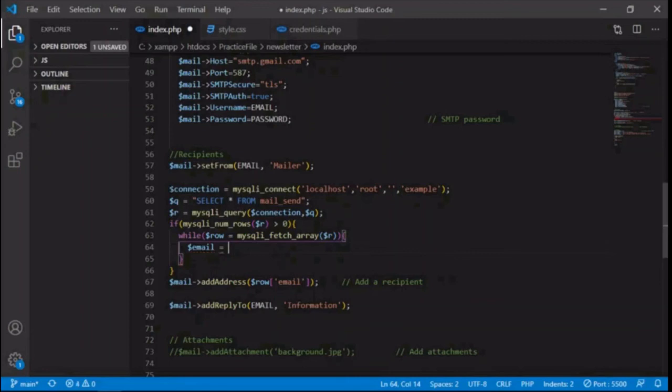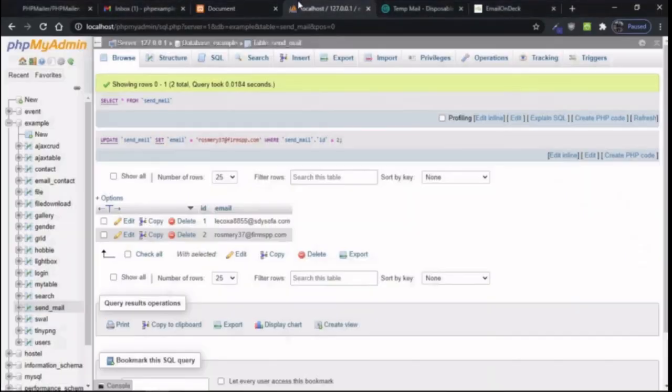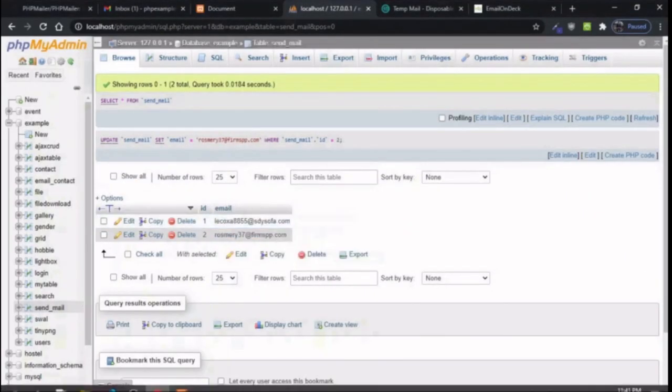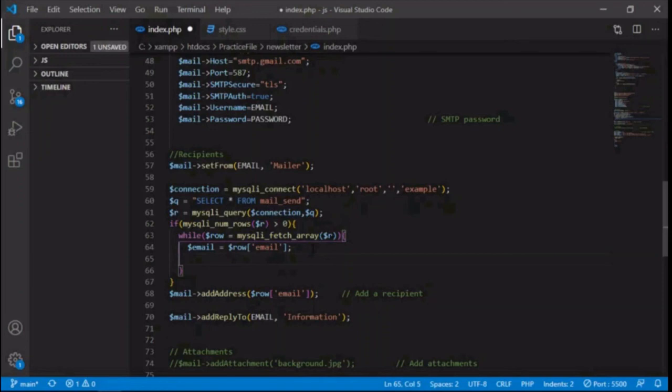Email: row of email, the database table column name, this column name email. Then you need this recipient email address.